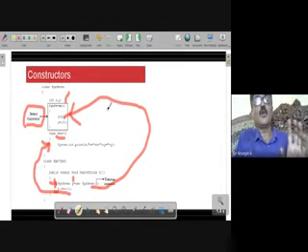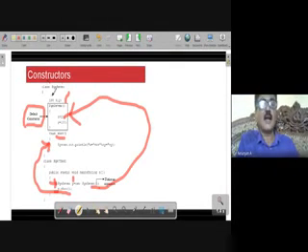Now, what are the points that I told you regarding constructors? I said a constructor is a special method. Why did I call it special? Because its name is the same as that of the class. Unlike a normal method, which has a return type, you will not find a return type here. There is no return type in front of this method, and its name is the same as that of the class.